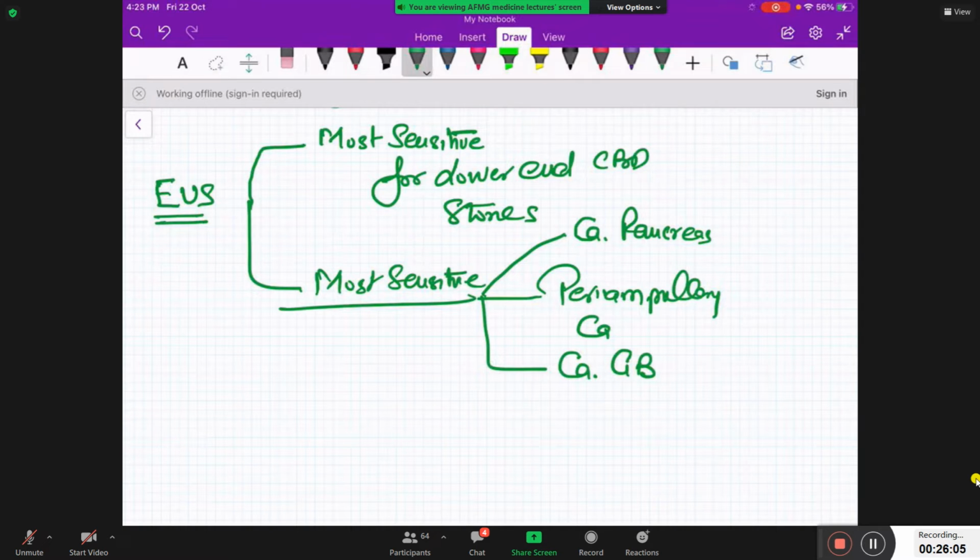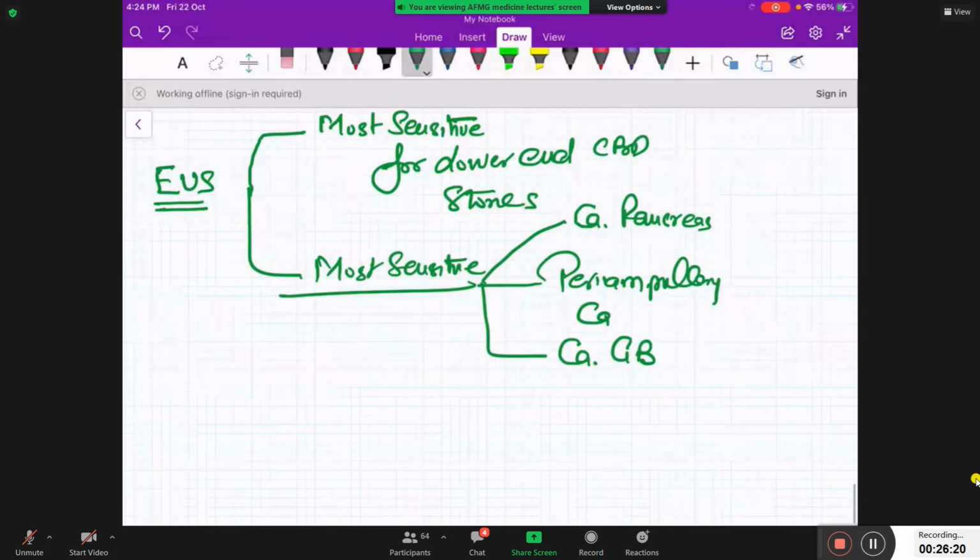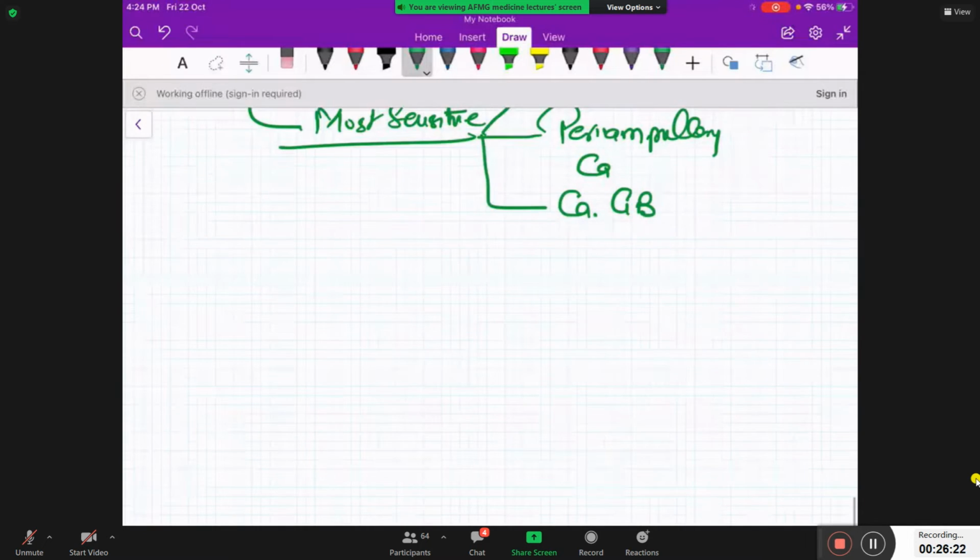So these were the theoretical points about these investigations at one place. Now, how to use these investigations? What is the clinical approach? We will be discussing that when we talk about the clinical condition. Okay. So now let us start with